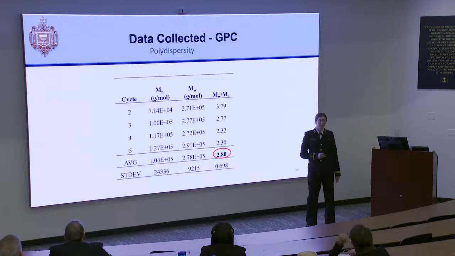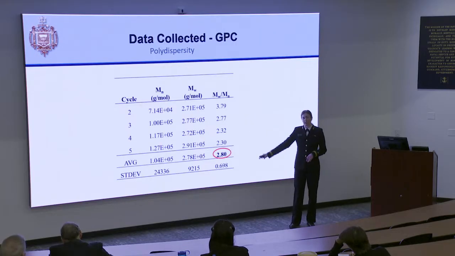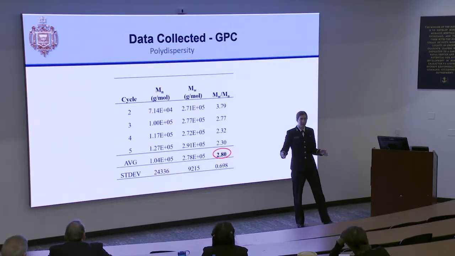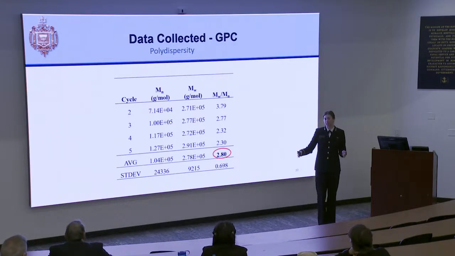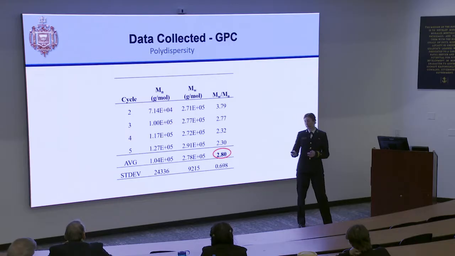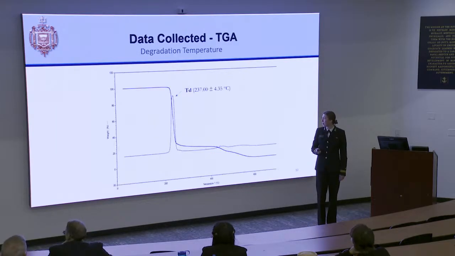Next is gel permeation chromatography. This was used to learn about the polydispersity of the polymer. So what this means is this MW to MN ratio, ideally, in a perfect scenario, it's 1, meaning that each strand of the polymer produced is the same length and size. However, because our polymer is produced by a cell, that is not the case. It is in an uncontrolled environment, so that's why this ratio is slightly elevated.